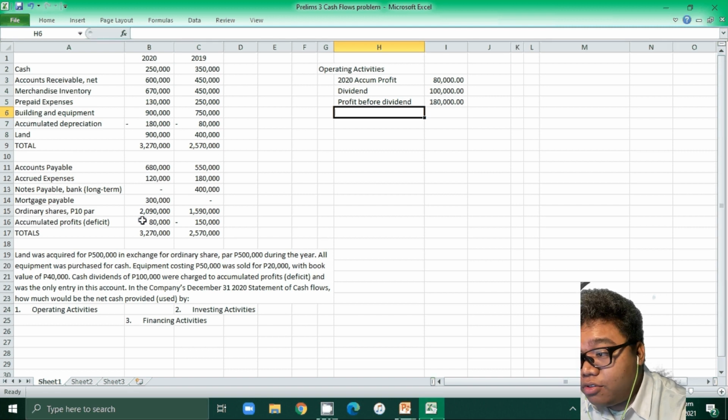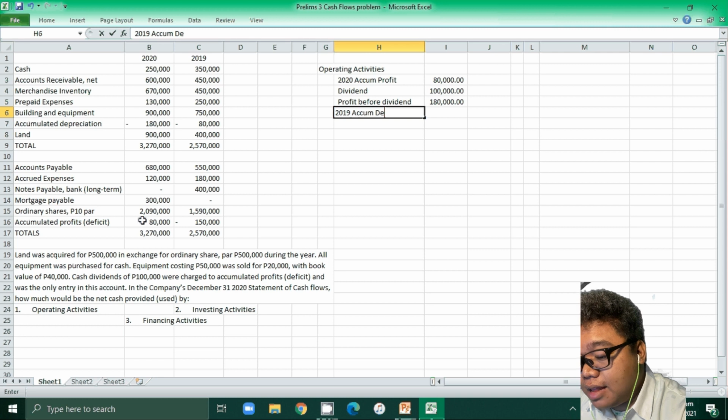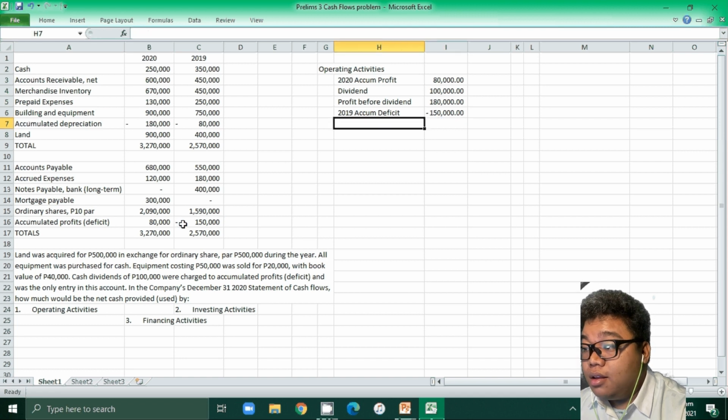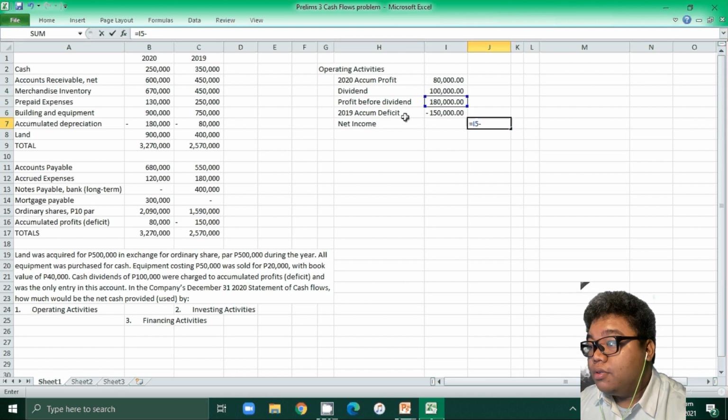Now we have to compare that to the prior balance of 2019. Actually, this is a deficit of negative 150,000. So we will now have our net income of